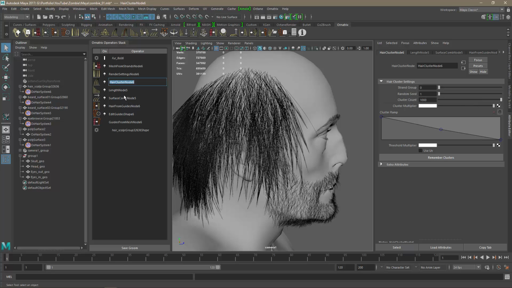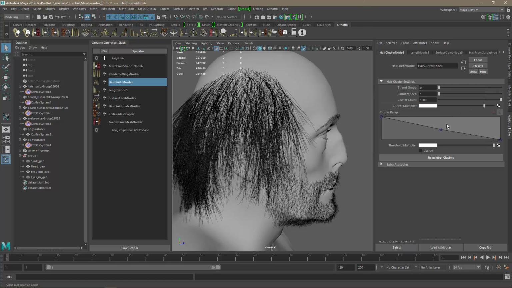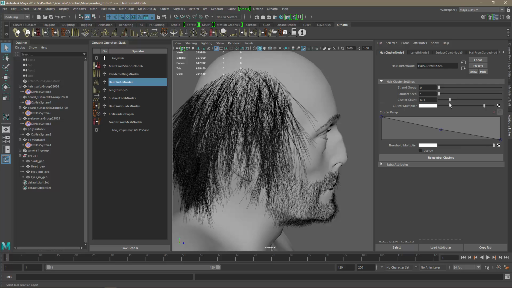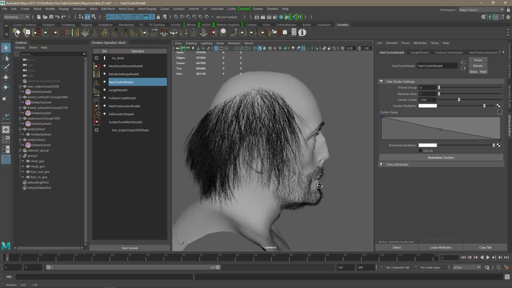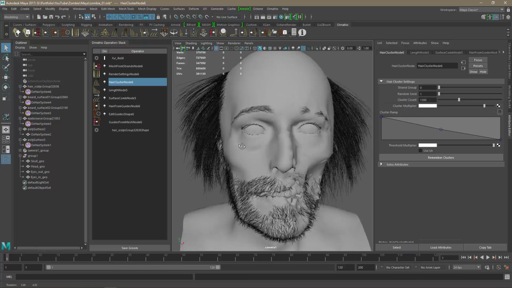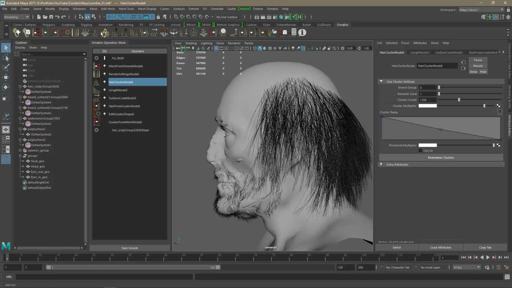So I have 5,000 hair. Let's go cluster multiplier 2, and let's drop this guy something like, I don't want too many clusters, so something like this maybe. Okay, that's good for now. And let's add a curl node,